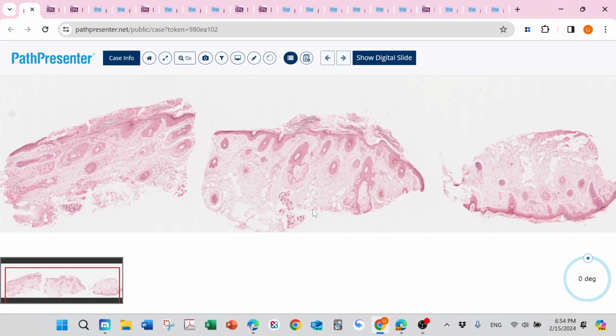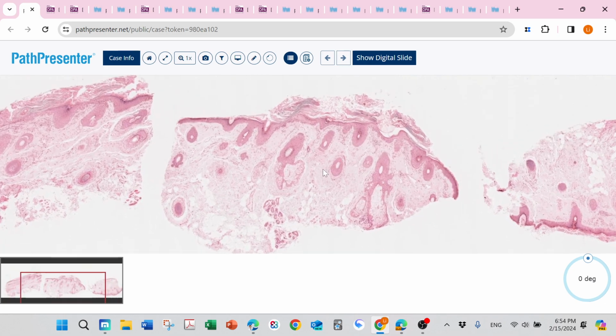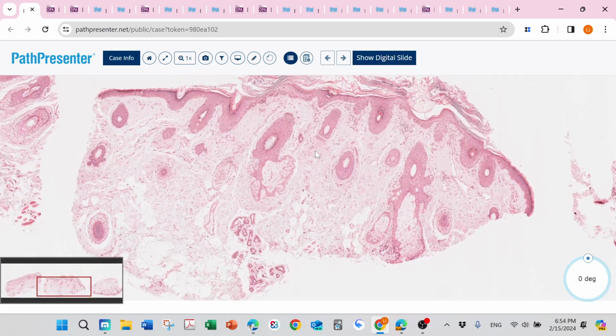Okay, here's the first case for tonight. The diagnosis is actinic keratosis. Actually, it is an intraepidermal keratinocytic atypia, also due to sun damage. So we can see some solar elastosis in the dermis, and then it is also considered as a precursor of